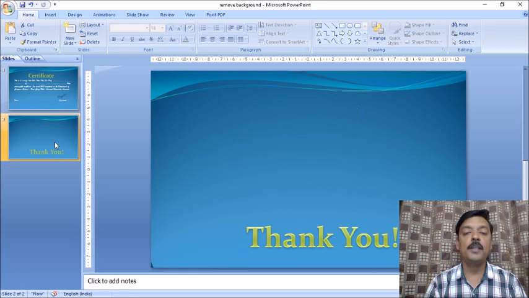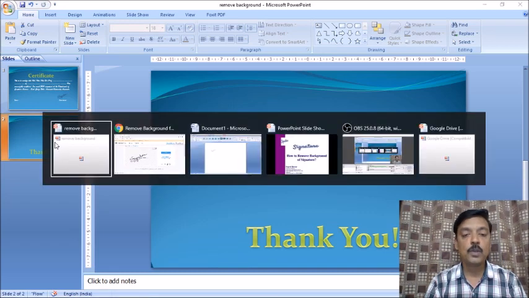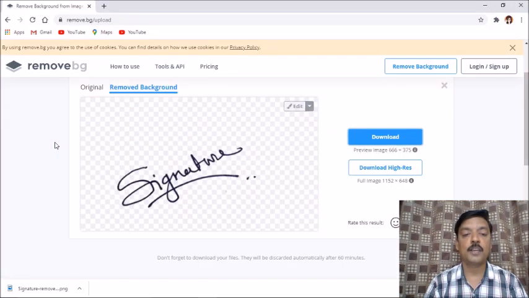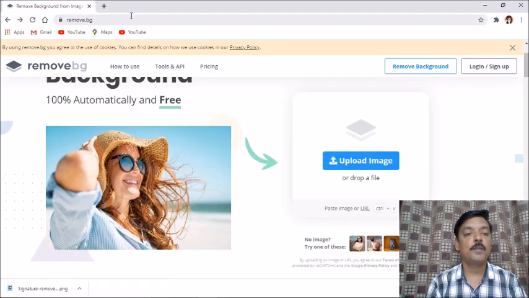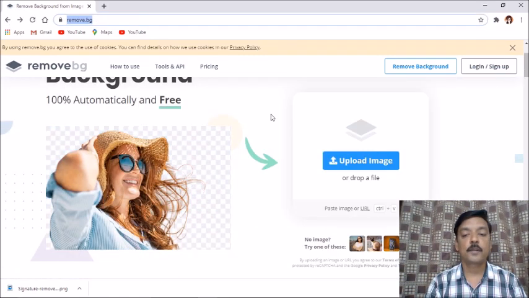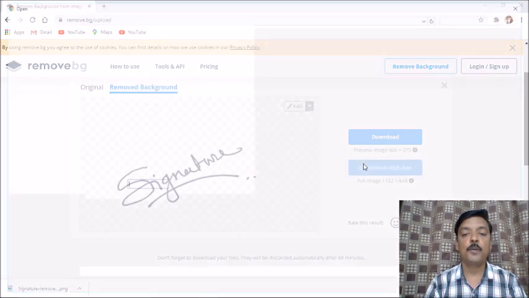Now another better thing regarding this website is remove.bg not only removes the background of a signature, it will also remove the background from any image, and we'll try that. So again I'll move onto the same website. I have typed the same thing, remove.bg. Again I'll click on upload image.